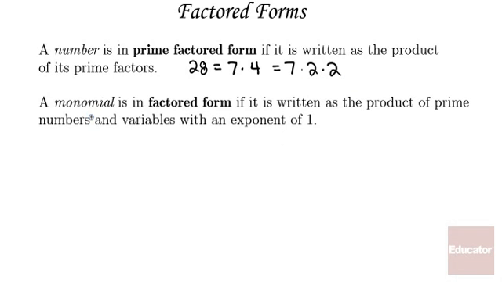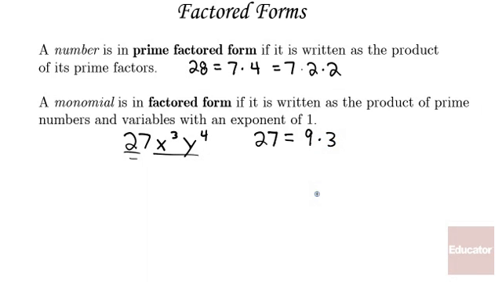We say that a monomial is in factored form if it's written as the product of prime numbers and variables with an exponent of 1. So I have two separate entities I have to address. For example, with 27 x cubed y to the 4th, I'm going to need to factor out the 27 and also the variables. So for 27,